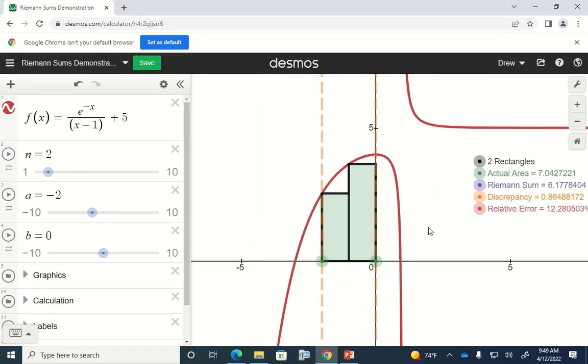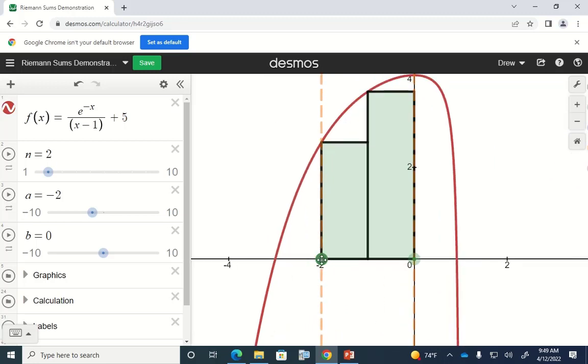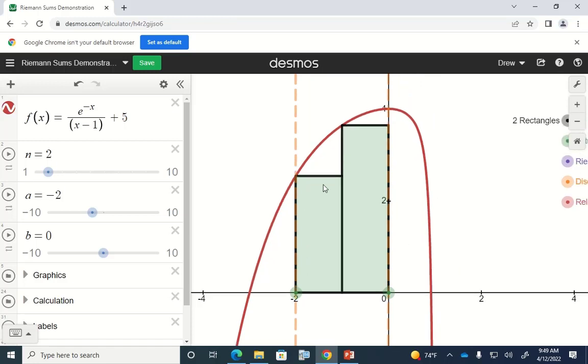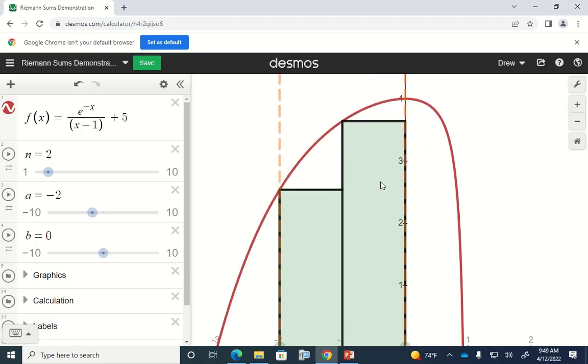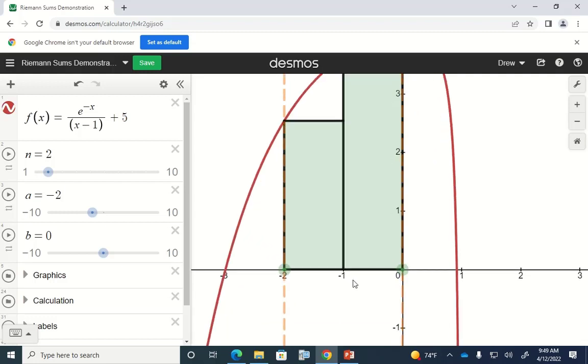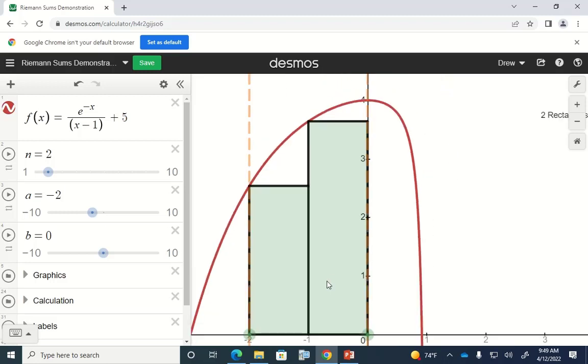If you were going to estimate the area between x equals -2, that lower bound, and x equals 0, that upper bound, with 2 rectangles, the way a Riemann sum works is you make the height of the first rectangle equal to your function evaluated at -2, and the height of the second rectangle equal to the function evaluated at -1. The width of these 2 rectangles is both going to be half of the interval, so the width is 1 for each rectangle. And basically you add the areas of these 2 rectangles,